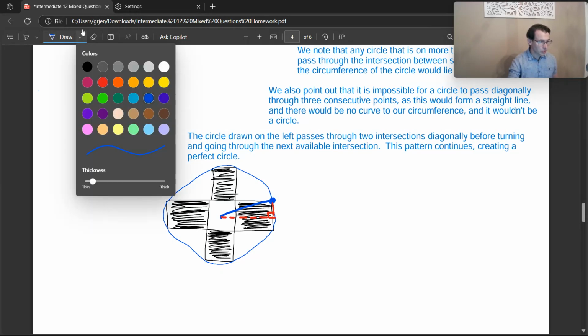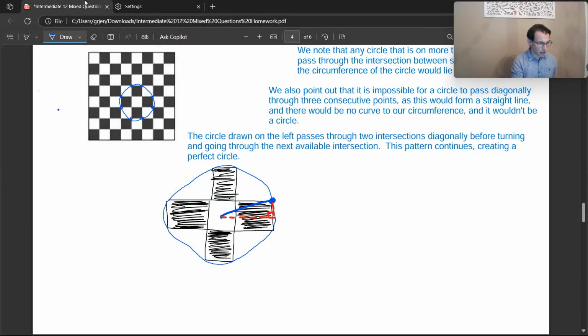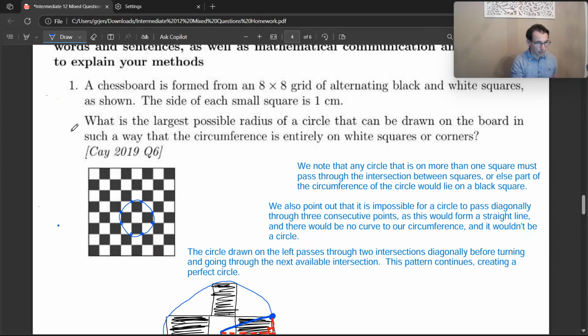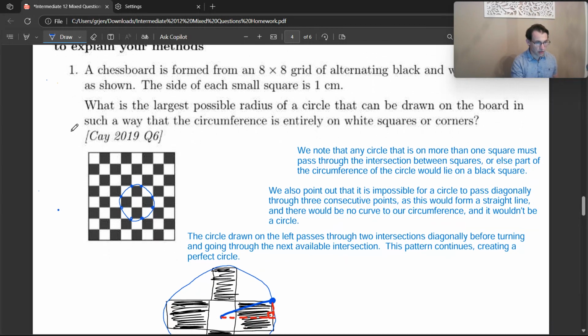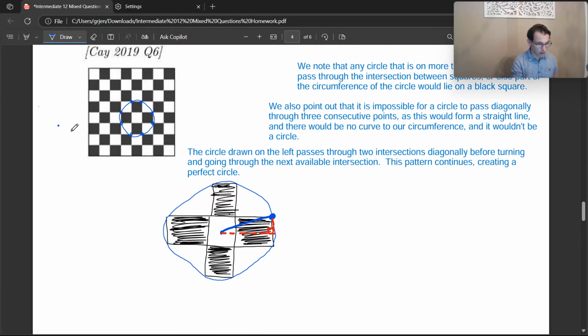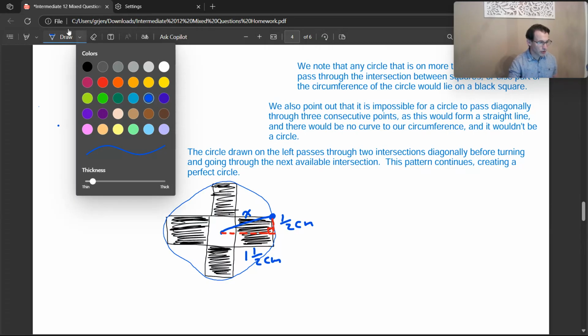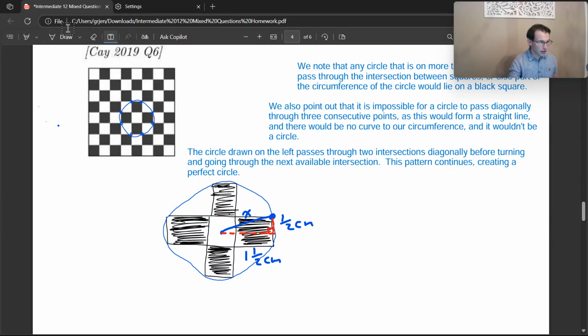Okay, so that is, just checking our question, an 8 by 8 grid where the size of each square is 1 centimeter. Okay, so this is 1/2 centimeters on that side, and then down here this is 1 1/2 centimeters, and this is x centimeters up here. So now we just say